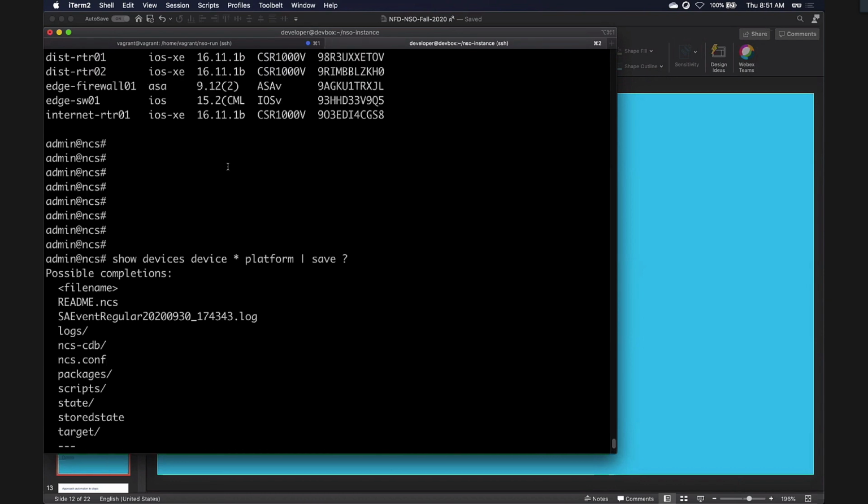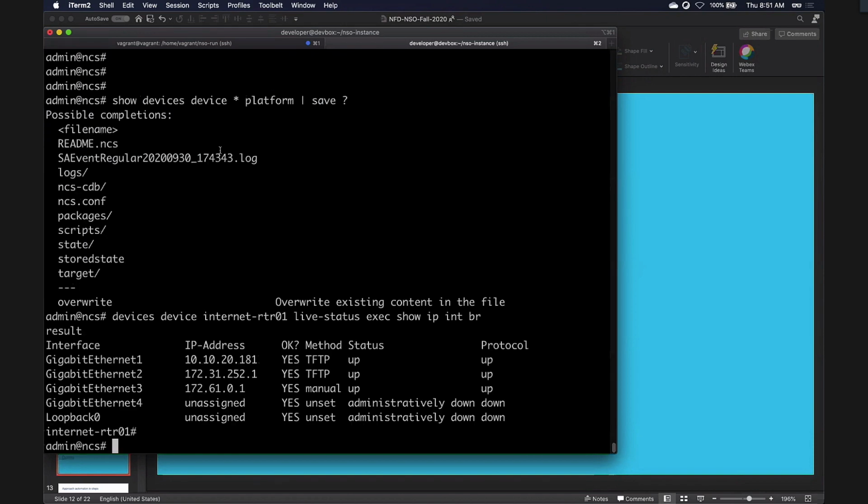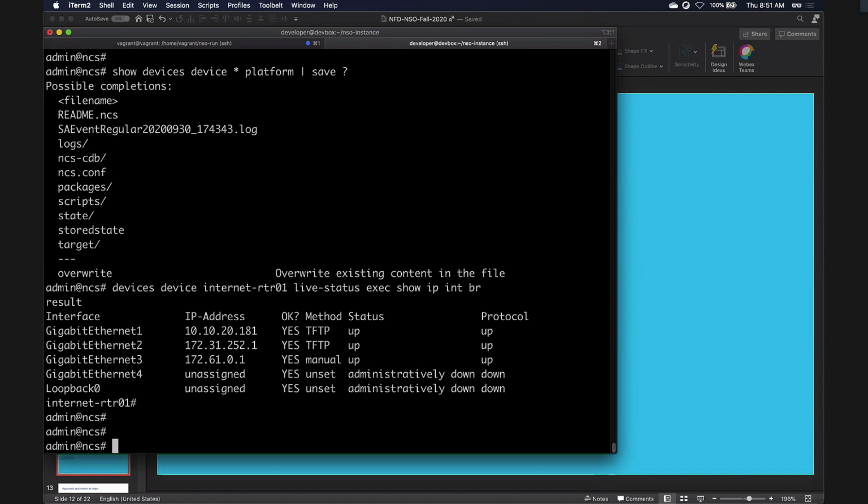So previously what we were working with up here was from when it did the sync, it captured that information for us and saved it into the CDB, but now we can actually talk to the device with whatever command we want. If we want to do a show IPN brief on this particular device, we can say, exec live status show IPN brief, and it gives us that information. We could save that to a file. You could also do that with, let's delete this,